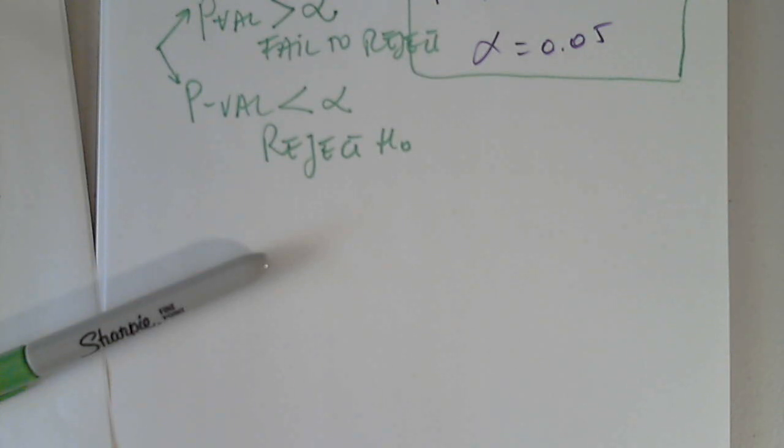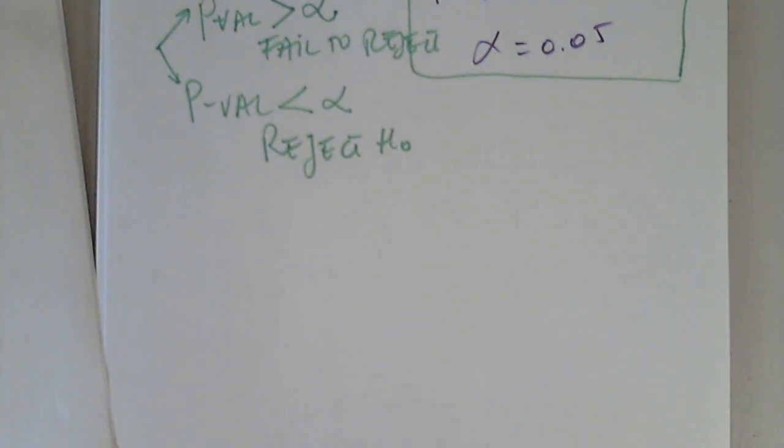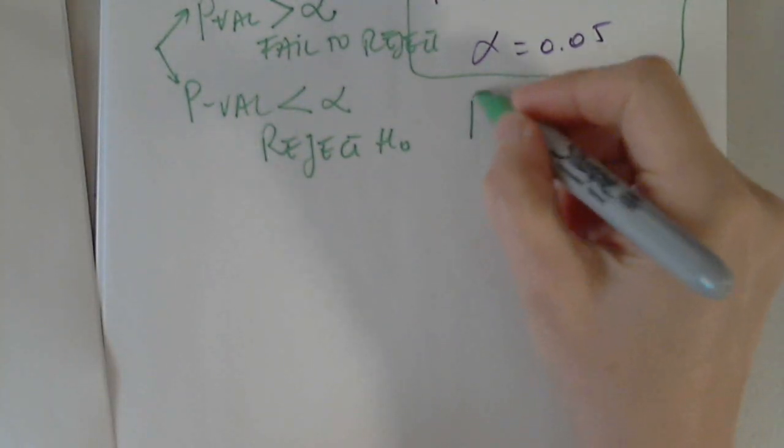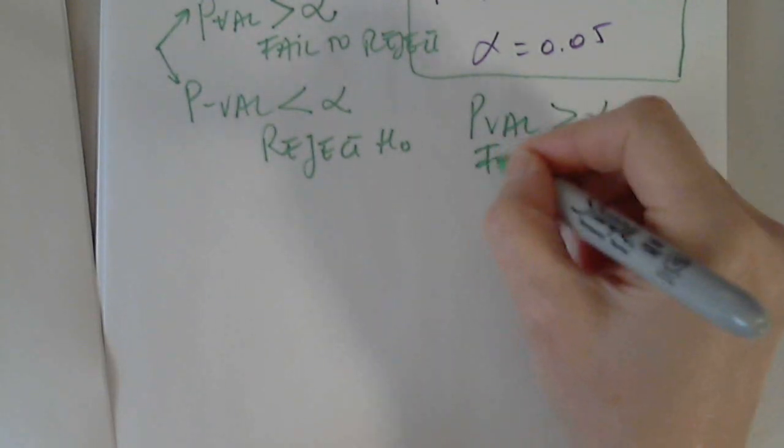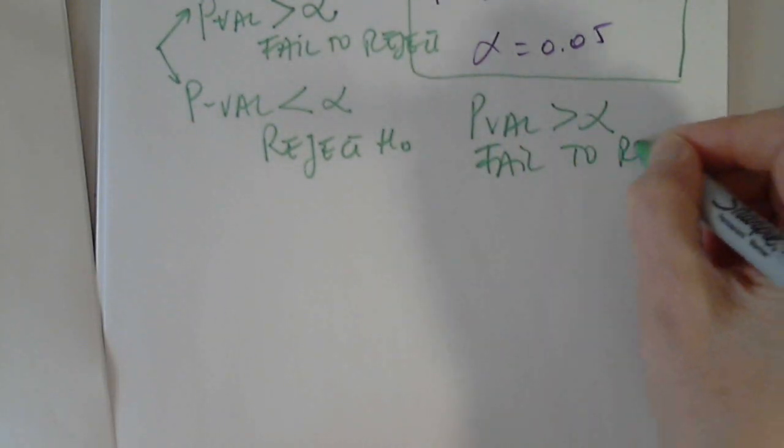Correct, because the p-value is 0.16 and alpha is 0.05. Very good. So the p-value is greater than alpha, fail to reject